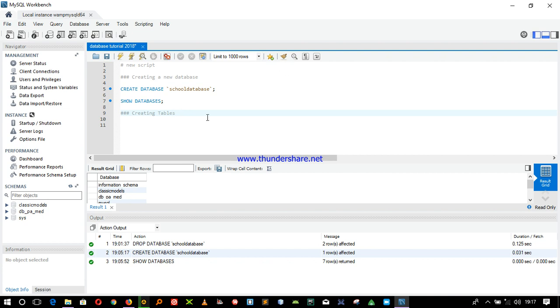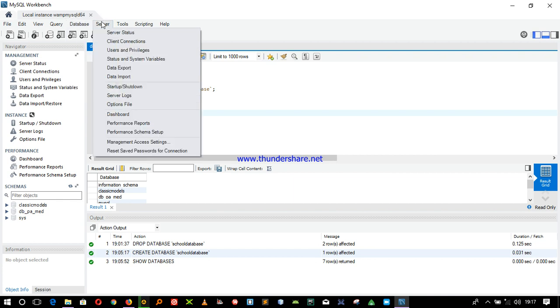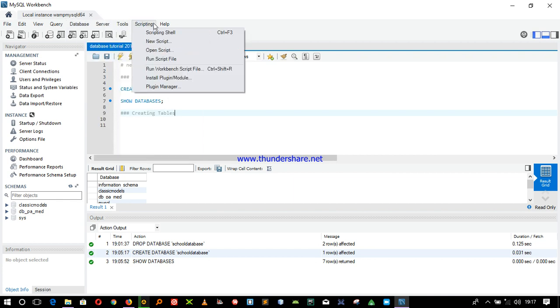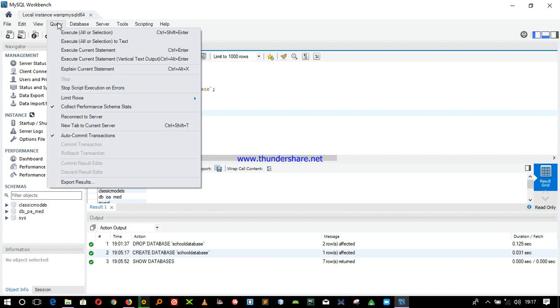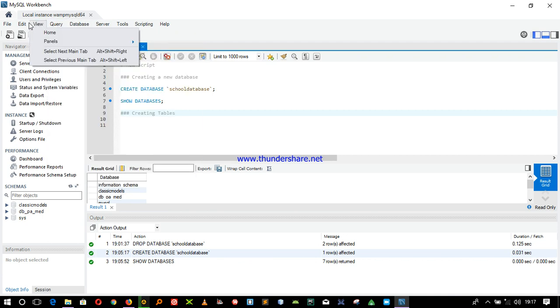Let me try to increase the font of this one. I hope does this thing zoom? I don't think so. I wanted to zoom.